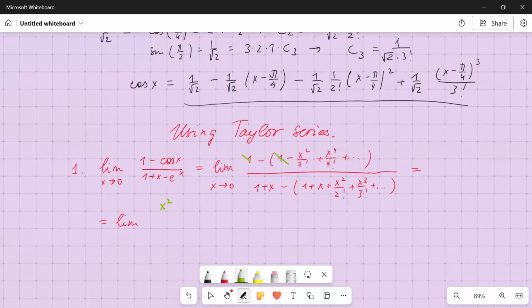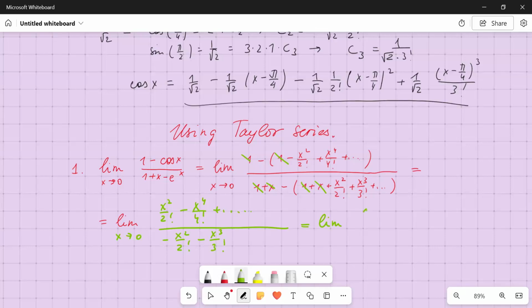That's going to be x squared over 2 factorial minus x to the power of 4 over 4 factorial, and some other terms, minuses or pluses. Here, x, 1 cancels, x cancels. And I have minus x squared over 2 factorial minus, sorry, x cubed over 3 factorial, and so on. X goes to 0. Now, guys, what I'm going to do, I'm going to divide by x squared, numerator and